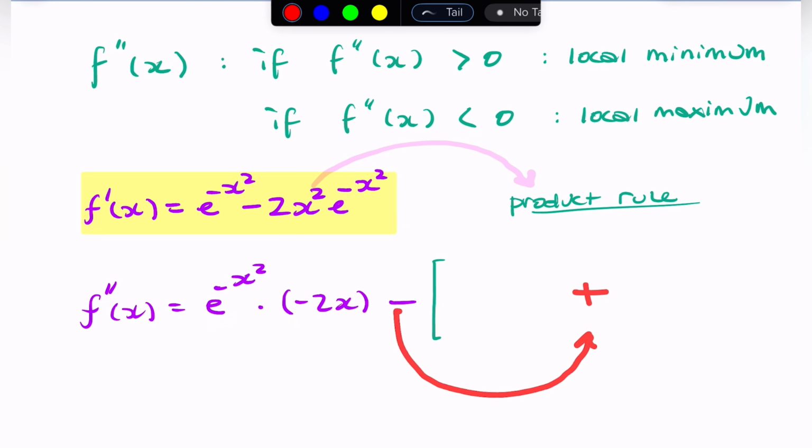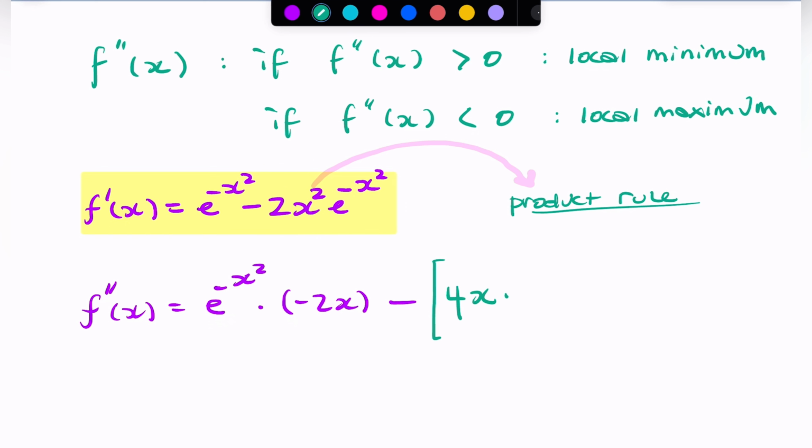So I need to make sure this minus sign doesn't get lost. Right, so it's u dash, if this is my u, the derivative of 2x squared is 4x multiplied by v, unchanged, e to the minus x squared